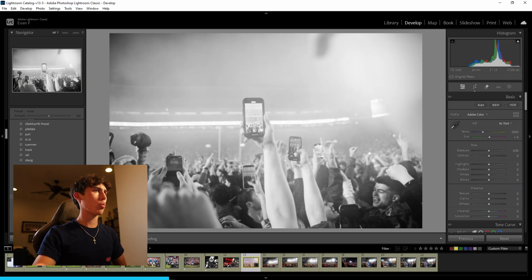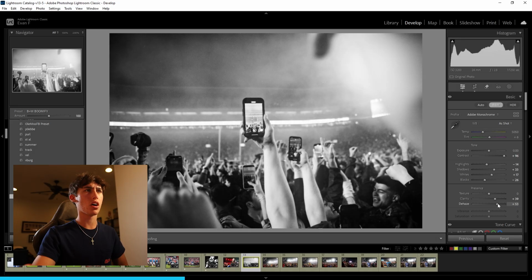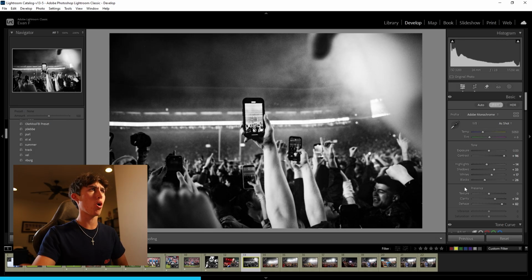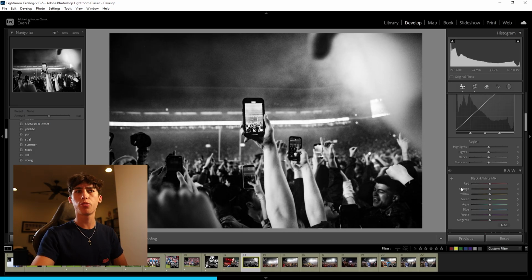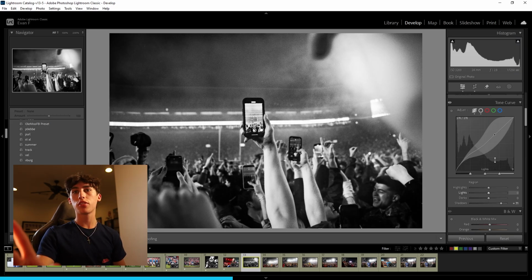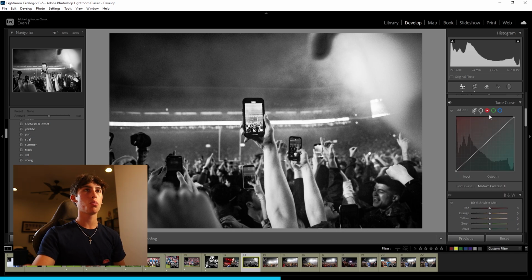And we're going to make this one black and white, and we're going to slide the dehaze slider down until we've gotten rid of almost all of that haze from the lens fog. Now that we've got a pretty decent image, something people don't know about black and white is you can still add color to it. If you go to your tone curve here and choose, let's say we wanted a bit